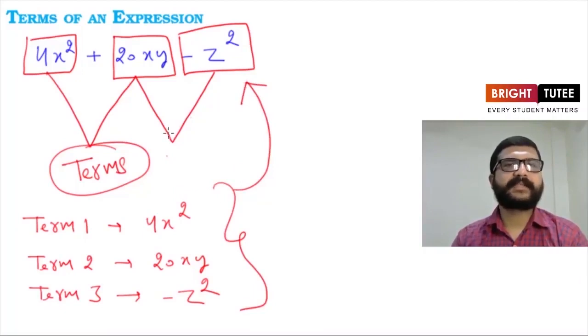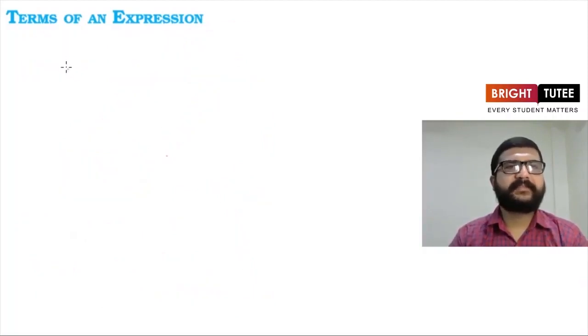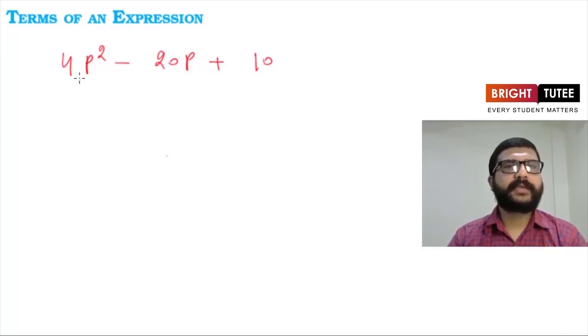Now let's consider one more example. Let's say we are having 4p square minus 20p plus 10. Now again this is an algebraic expression. Now what we are doing here, we are forming separately 4p square. First we formed 4p square, and then minus 20p, and then 10. How we formed 4p square? We multiplied p with p to get p square, and then we multiplied it with 4 to get 4p square,